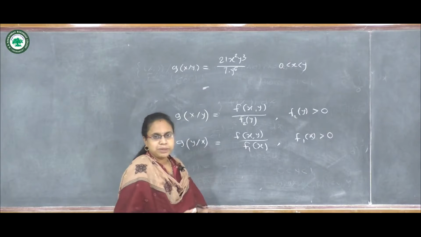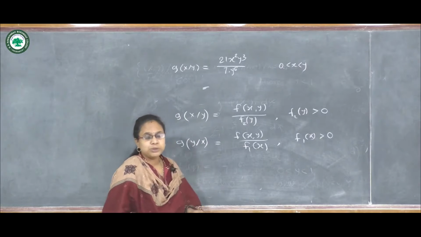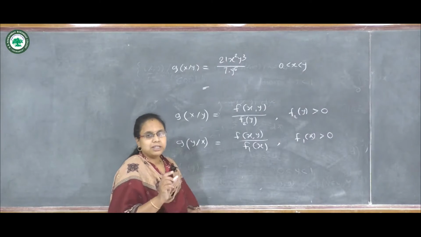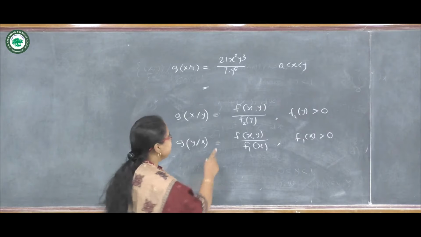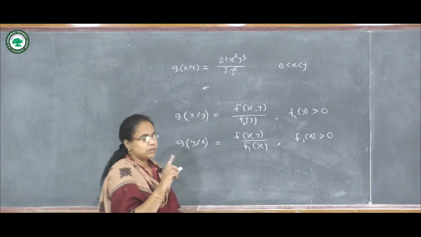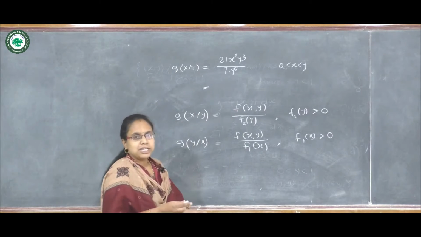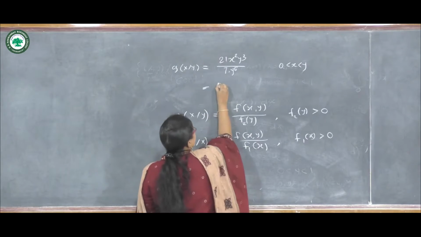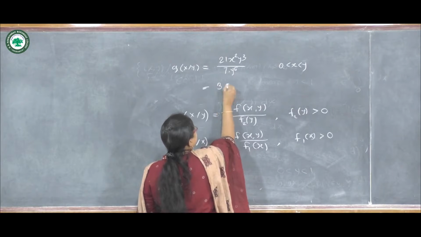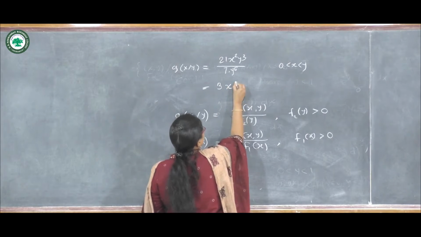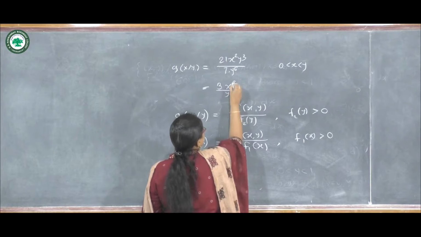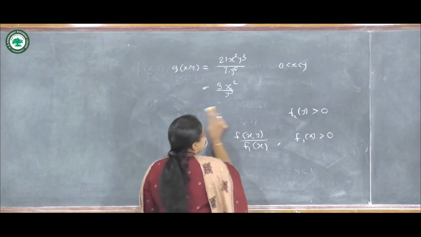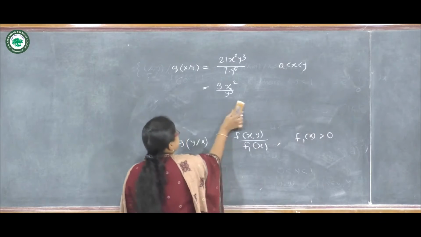So this is the difference between the range of marginal distribution and conditional distribution. In marginal distribution, we should write the range in full form, and here we should write the range in the form of the other variable also if there is a given that kind of range. So here it is 3 into x square upon y cube. So this is the conditional distribution of x given y.